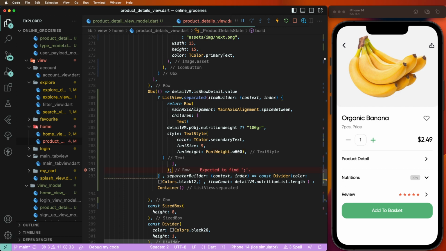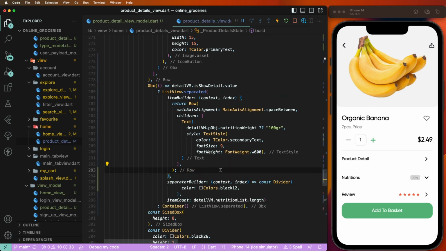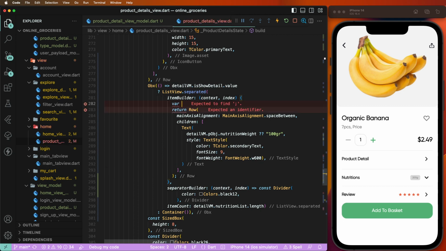Down here, to pass the object value. Object is here. Stop the value. It's here. Now set this